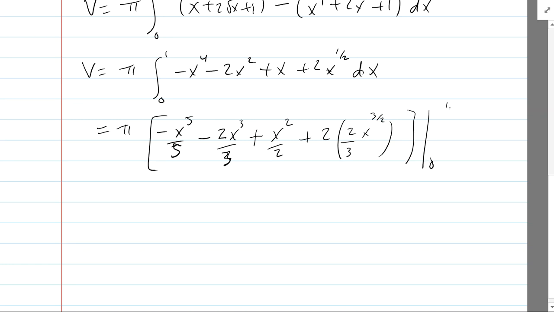Is that going to be easy? So we got pi. When I put in the 1, do I get a negative 1/5 minus 2/3 plus 1/2 and then plus 4/3? Is that 1? Yes? Minus 0, is it just minus 0? And you don't have to, you could clean it up if you wanted to, but you don't have to. And that's